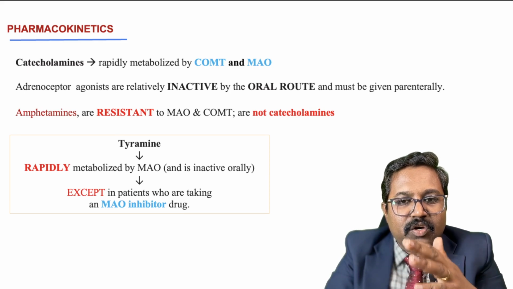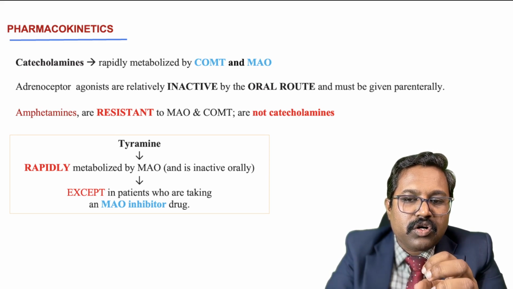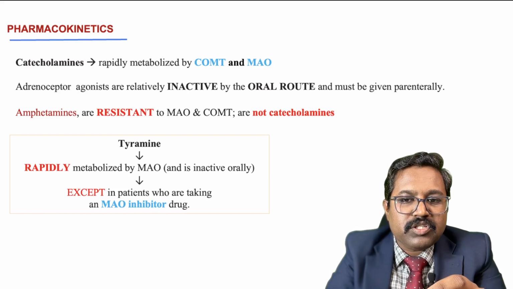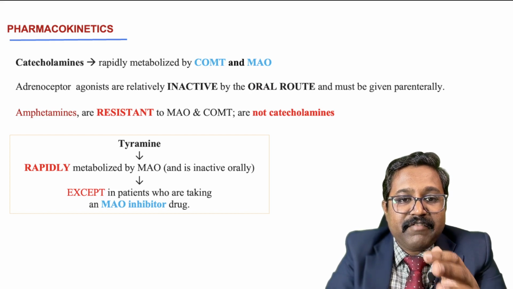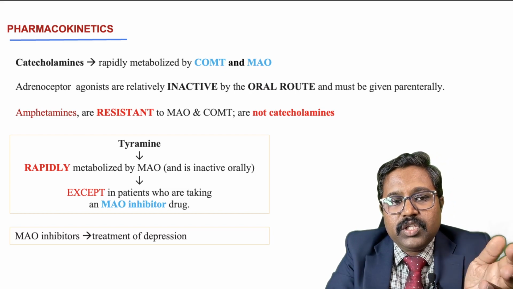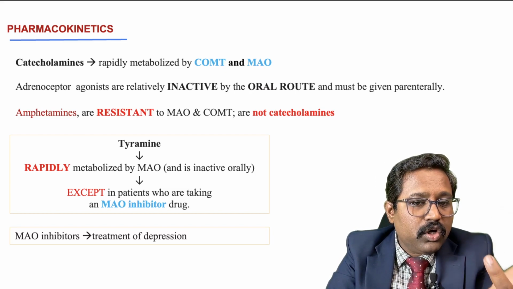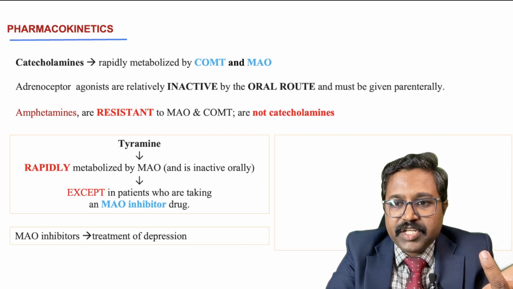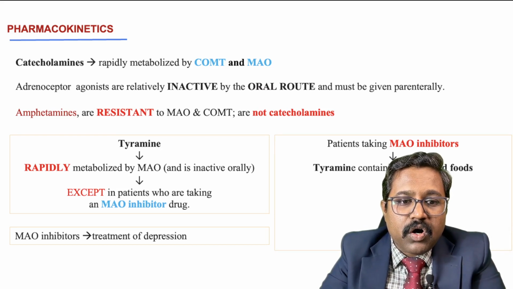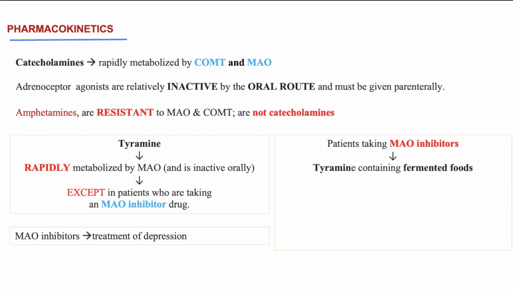The exception is whenever the patient is taking a monoamine oxidase inhibitor, the tyramine activity will be more and prolonged, because the monoamine oxidase enzyme will not be there to metabolize the tyramine. And as you know, where do we use monoamine oxidase inhibitors? We use them in the treatment of depression. Next, coming to the patient who is on a monoamine oxidase inhibitor and consumes tyramine containing foods, tyramine containing fermented food,